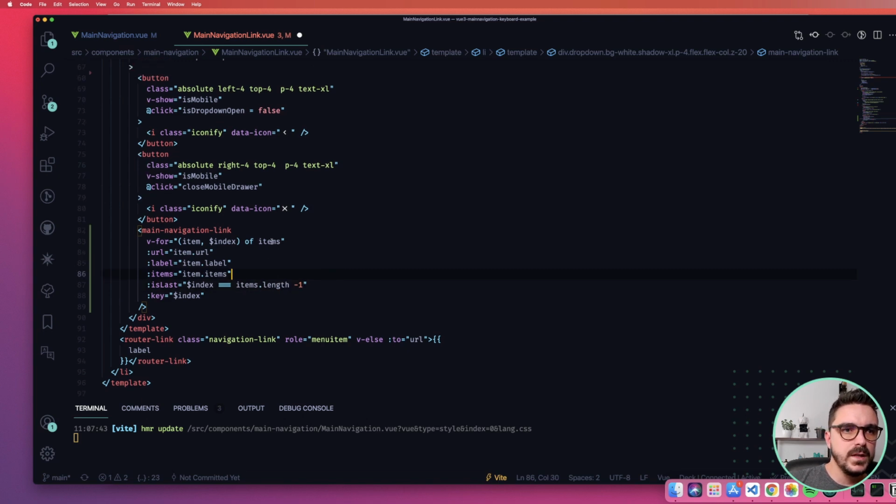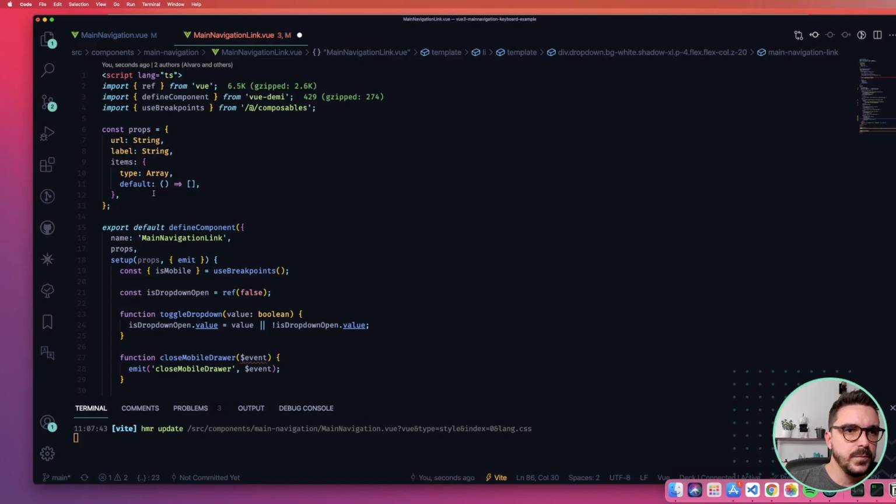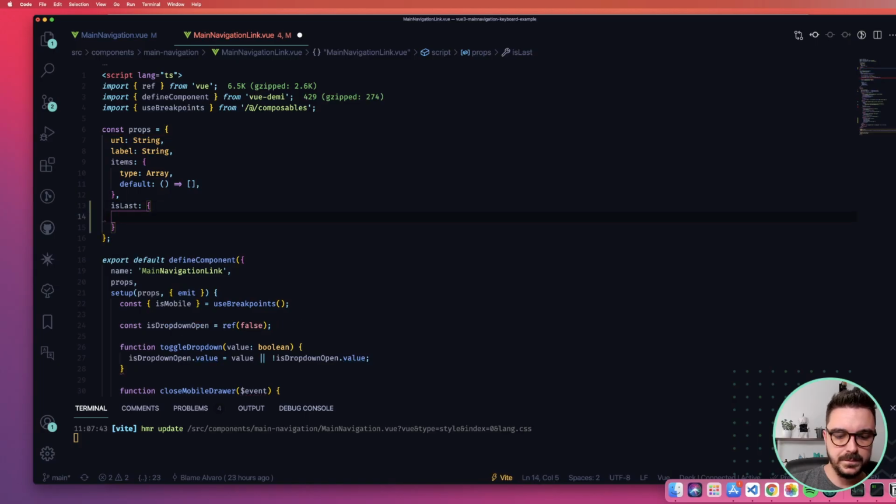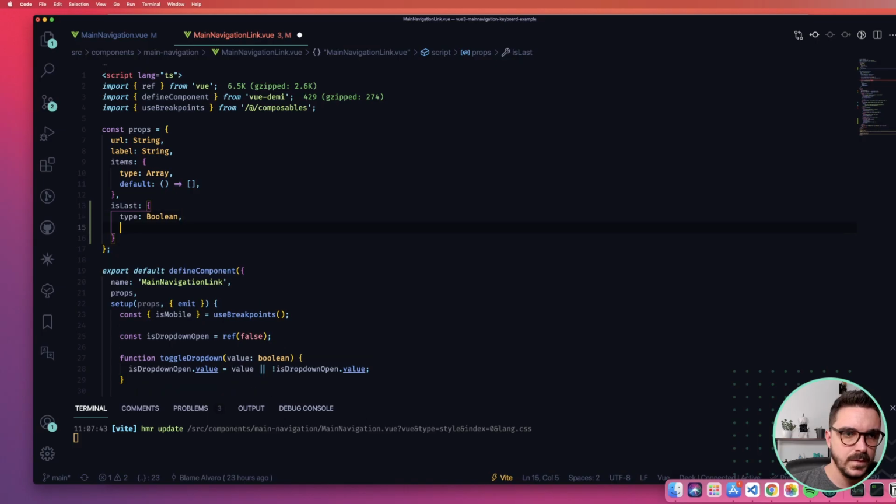So if we do that, here we need to put another prop called isLast, which is a boolean, and the default is false.